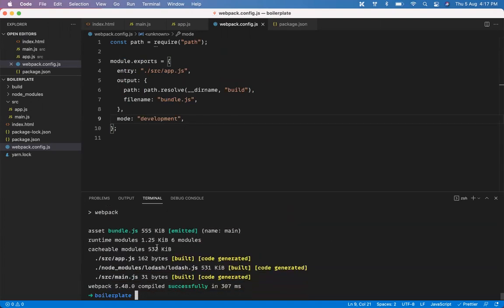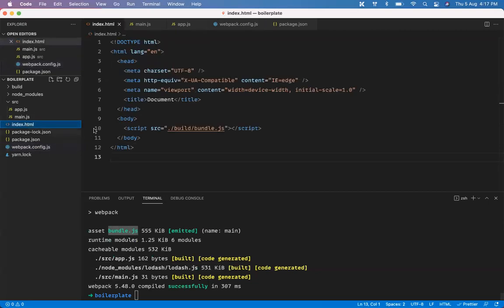So we are running it. There is no error. So what it is saying is, I'm starting with app.js. It is going into main.js. I'm taking the load, creating a bundle of it and putting it into bundle.js. And at last, I'm using that bundle.js inside the HTML file. And this is all we need. So whenever you want to create the final file, all you need is this index.html and this build bundle.js. So this is your production bundle. Actually, you're writing a code like this, but you're shipping your code like this. This is what Webpack does for you.